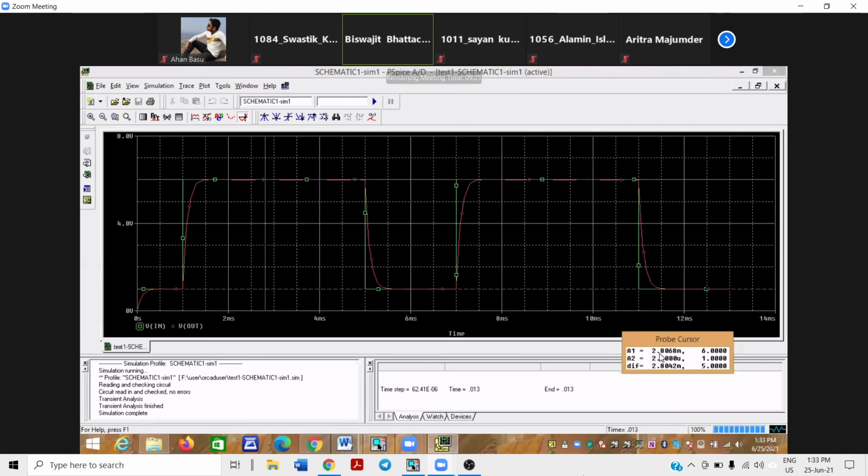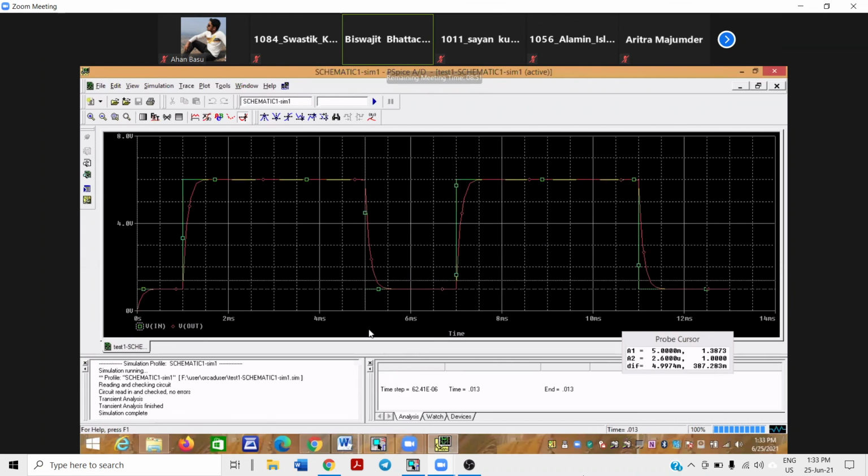The first value, A1, is the time. Next one is the value, 6 volt. You can either move it with the mouse, or you can use the arrow keys on the keyboard. So it is 6 volt at 4.5568 millisecond. This one again you can get. Now the cursor falls. It's suddenly falling. Then it is going. So it is following the green colored trace.